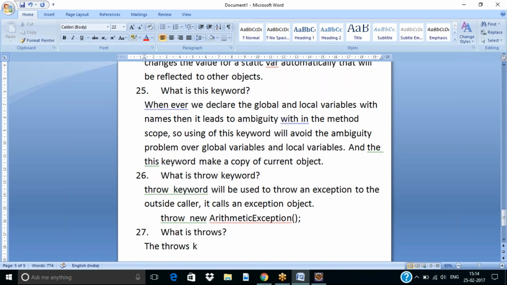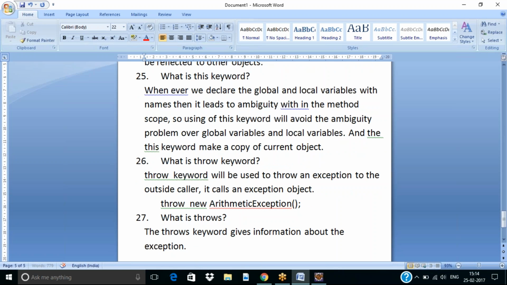The throws keyword gives information about the exception. This keyword will be the part of method signature,